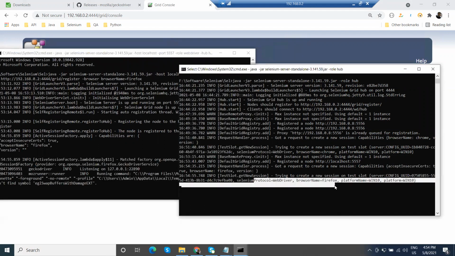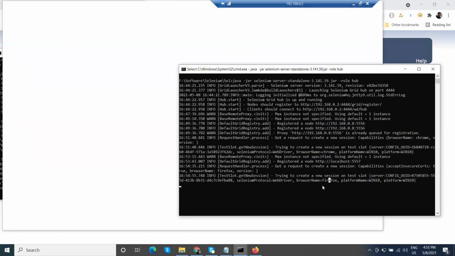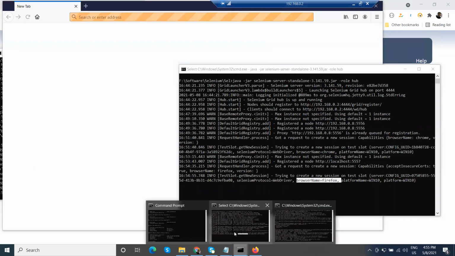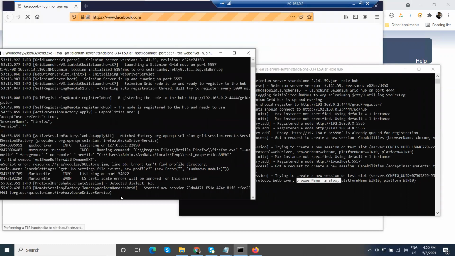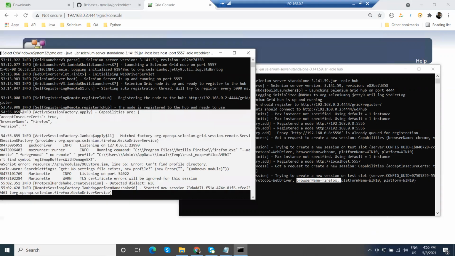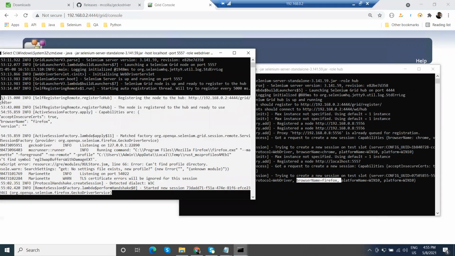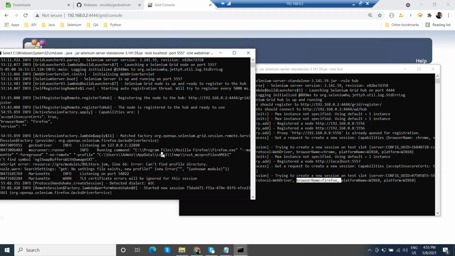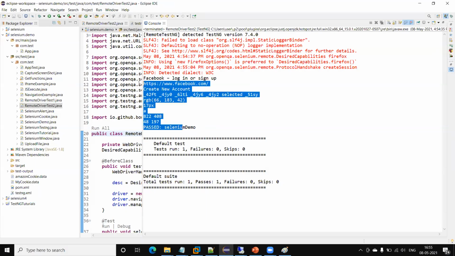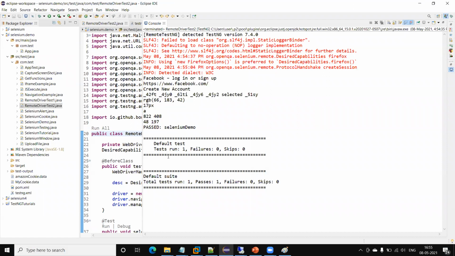Here you can see the request is coming for Firefox, and it's sent to the corresponding node, and you can see the test execution on that particular node, meaning the Firefox node.